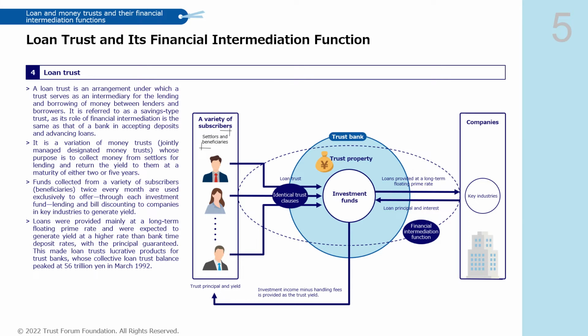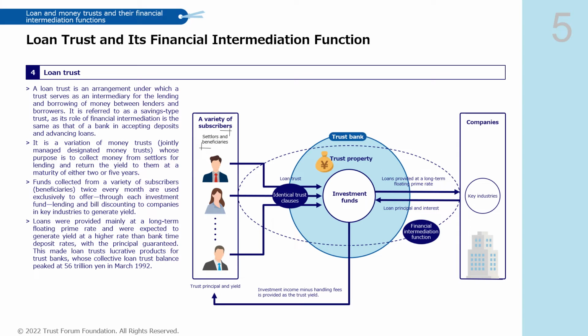To meet the considerable capital needs of businesses during Japan's high growth period in the 1960s, loans were provided mainly at a long-term floating prime rate, updated every 6 months. Initially, fund management at a long-term floating prime rate was so successful that trust banks were able to indicate to their customers, at the time of offering, higher expected returns on their loan trust products than the prevailing bank deposit